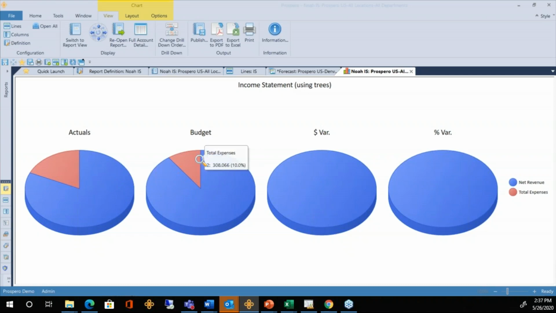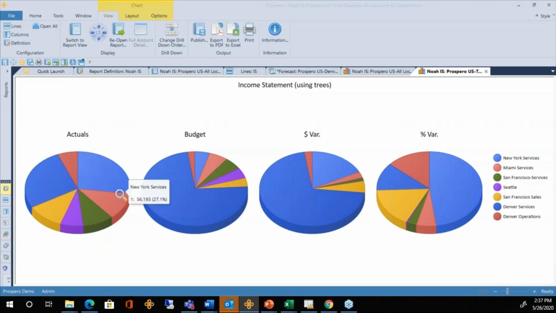Drill down still applies on the charts and graphs here. So if I wanted to drill down on total expenses, I'll double click. That takes me to the next page, which is all of my expenses by location. You can change the drill down for that and do it by department just as easy as we did for the numeric report as well. So easy to switch over to charts and graphs, view that data here, drill down to the next level, even change the drill down order and drill into these charts and graphs. Easy to manipulate this data here.